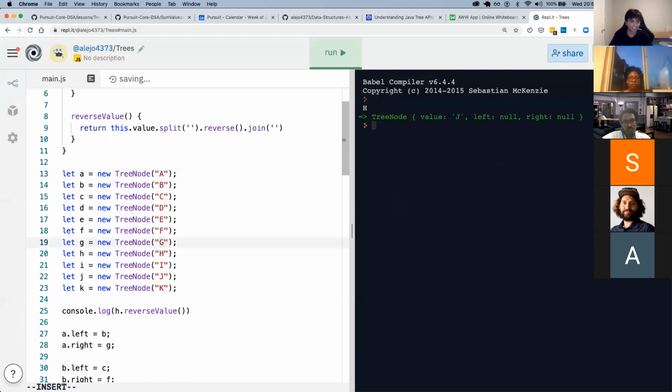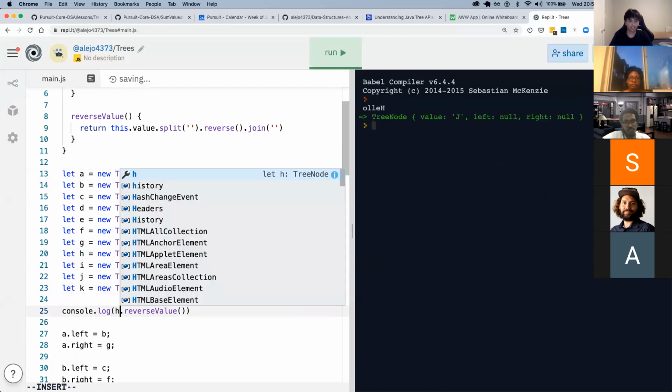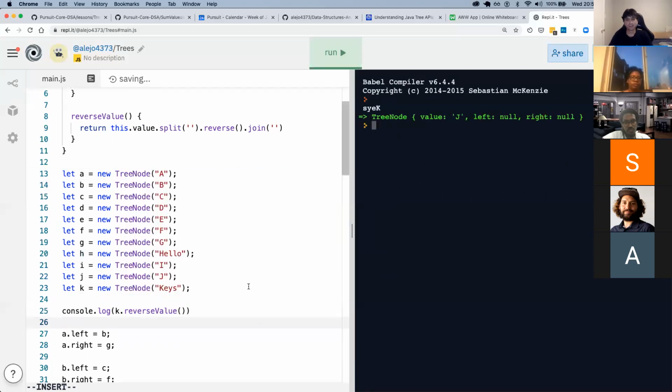Let's put hello here so we can actually see the reversing. Okay, we got the value reversed. And keys, if we do that, we get the value of the k node reversed.